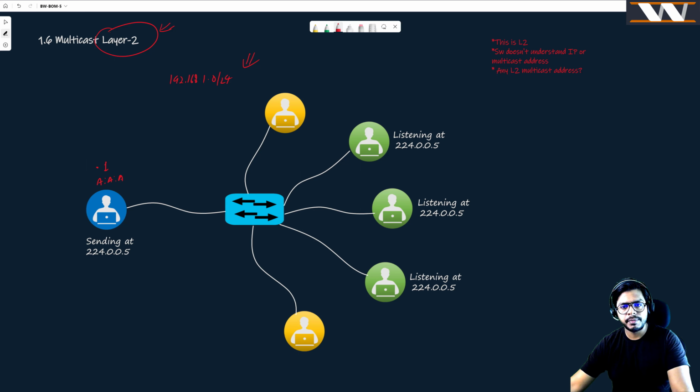Similarly, this host maybe is .10, this is .20, this is .30, and maybe this is .100, and this is .200. There is a specific reason why I have marked this host as yellow and these hosts as green, because I want to send a message from this host, which is host A,